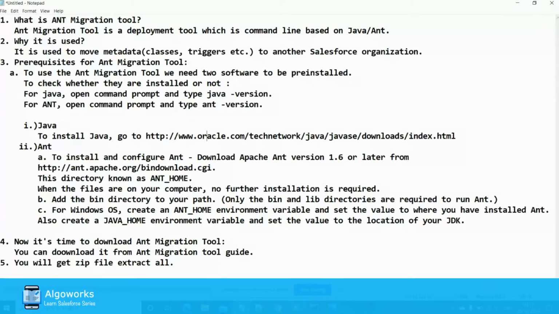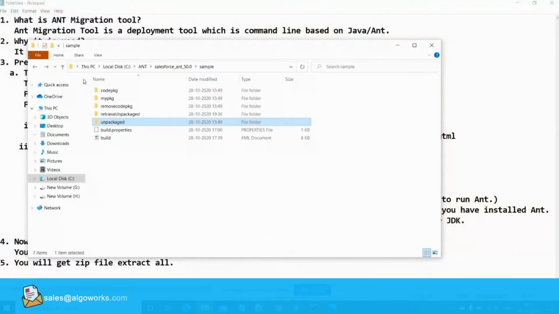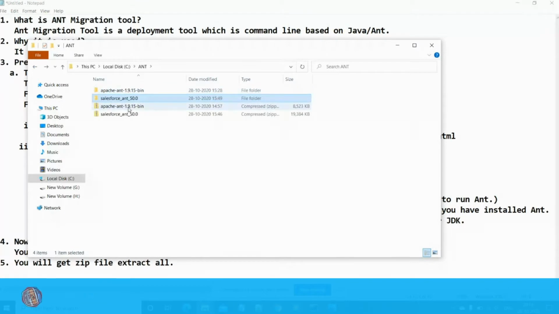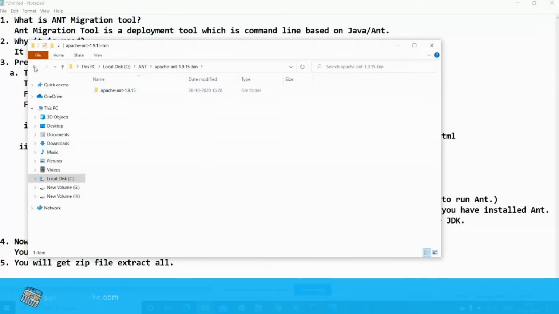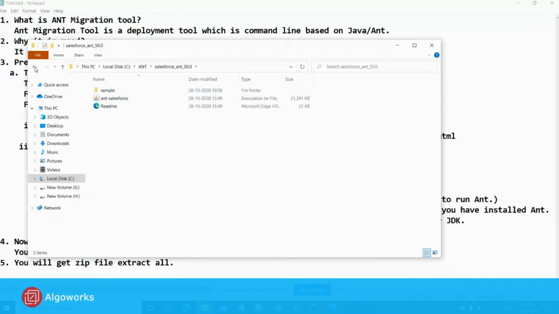You will get, let me show you, these zip files like this. Now you have to extract them all, and after extracting you will see them like this, Apache, and these two folders become separate.